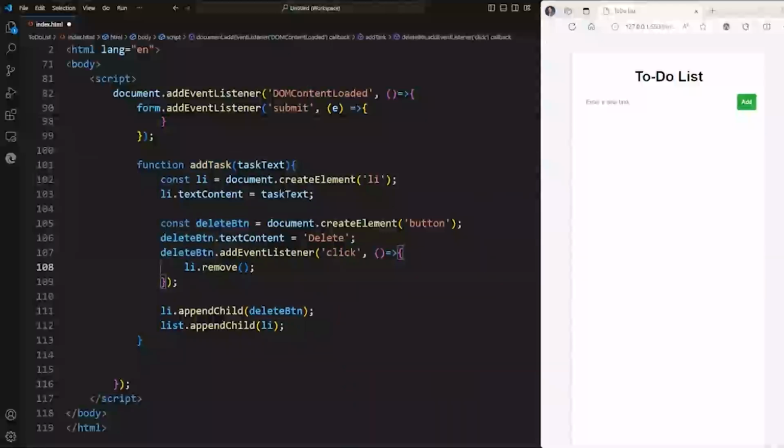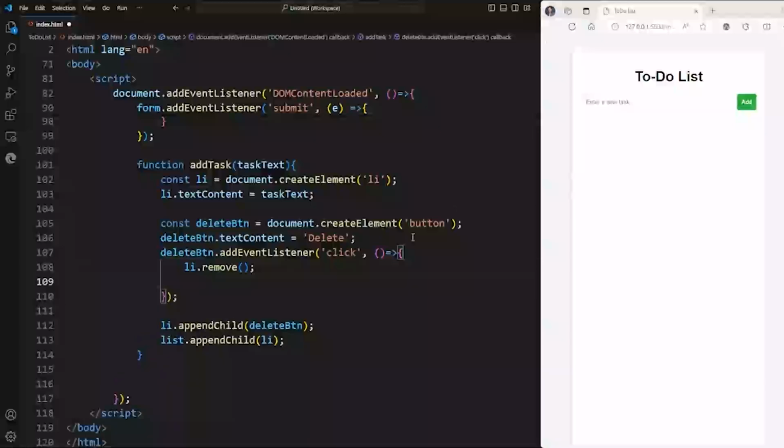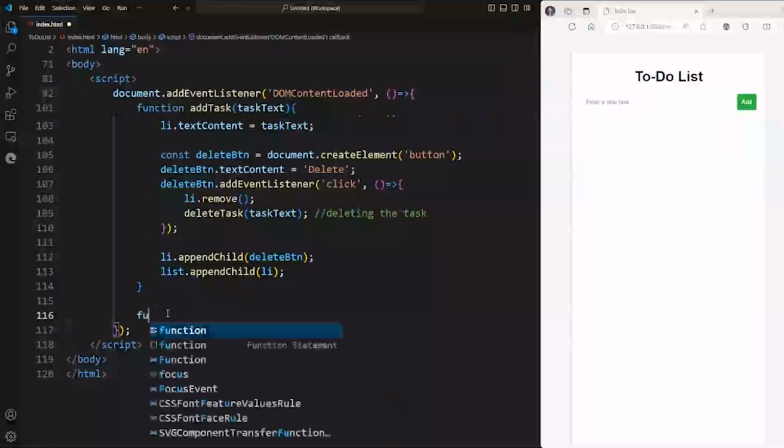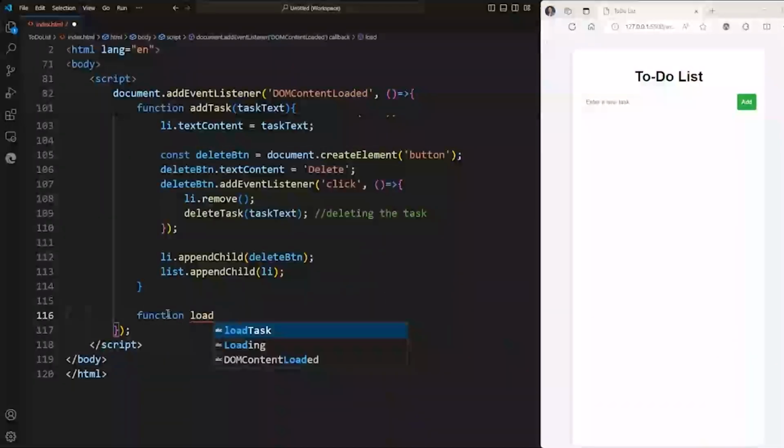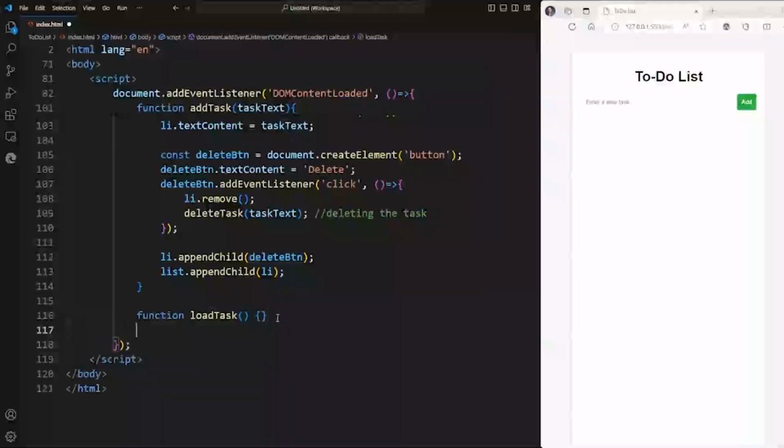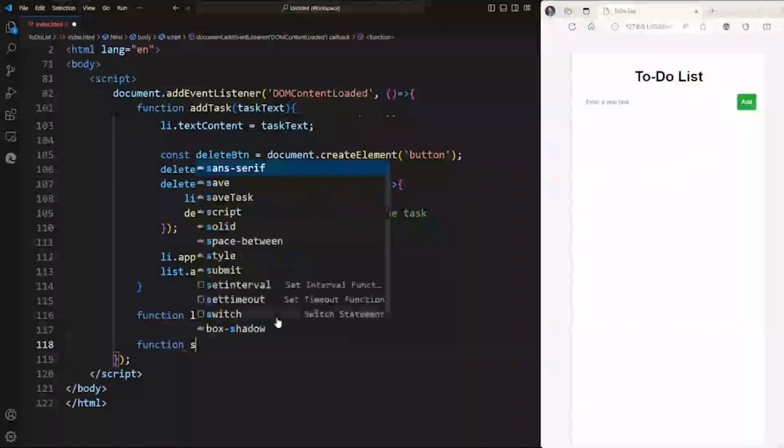And after that, when I have the list created, I see that I have the delete button, and for the delete button we will create another function called delete task. This one will also take a variable, task text, and that will be the one taking care of every time that we hit the delete button, automatically deleting the task that we have on the list. After that, we'll start creating all the functions. Here is the function for the load task, and the other one that we need to build is the save task,